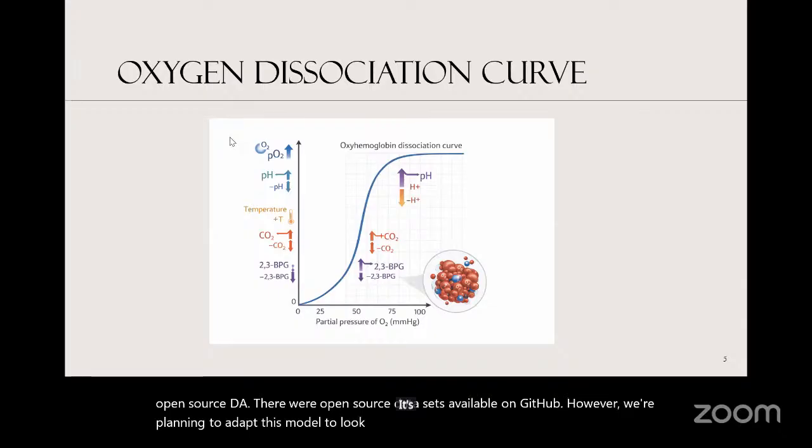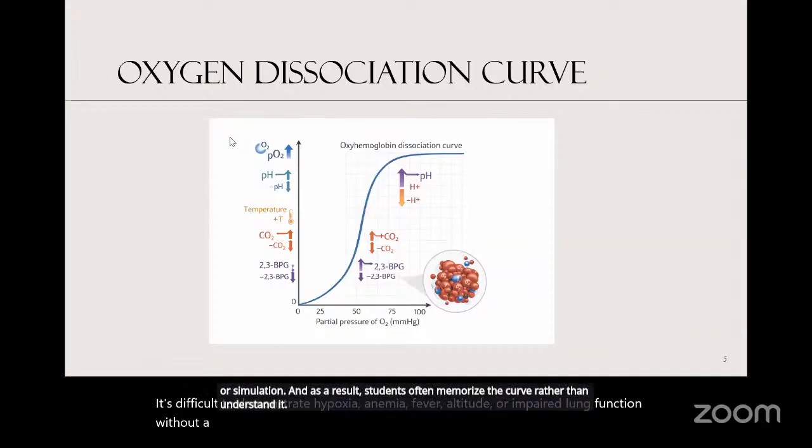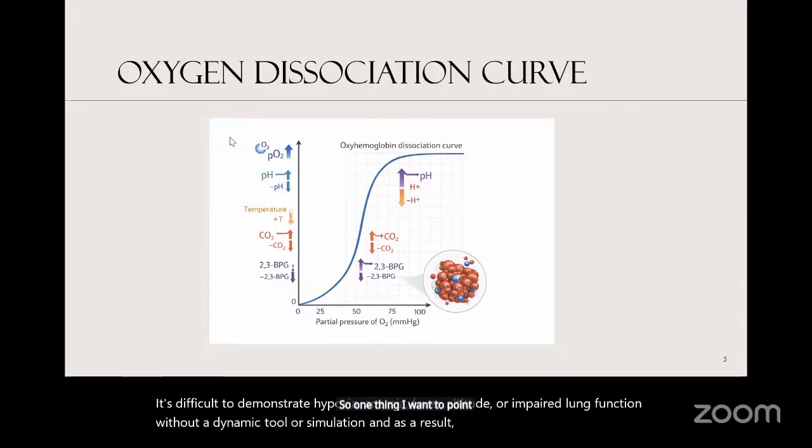It's difficult to demonstrate hypoxia, anemia, fever, altitude, or impaired lung function without a dynamic tool or simulation. As a result, students often memorize the curve rather than understand it. So one thing I want to point out with the oxyhemoglobin dissociation curve